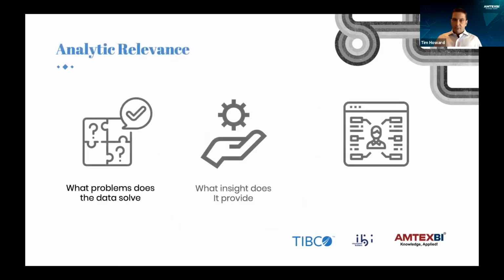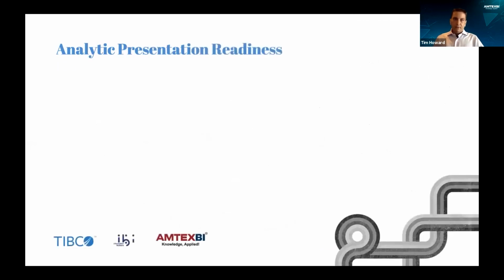Relevance: is it relevant to what we're doing? You can have the best data in the world, but if it's not relevant to what you're trying to do, it's not going to help you. Does it solve some type of problem for you? Does it provide some type of insight into what you're trying to show in your application? And does it relate to people in their daily jobs? In most cases, the applications we put out there should have some type of impact, whether someone sees that their sales numbers are going down for some reason, or there's some type of alerting. It has to relate to things that I need to use on a daily basis.